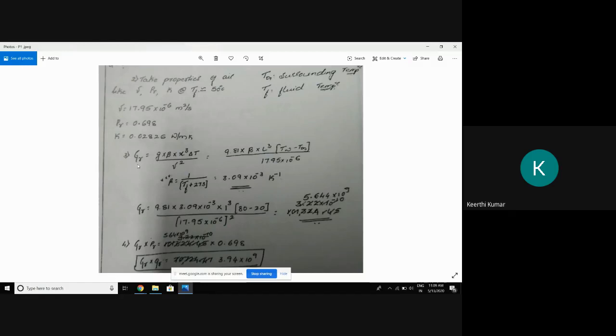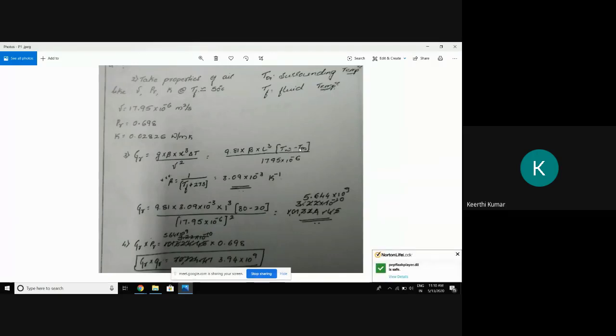Under that, at the third column, notations, under the notations, there you are having Gr_x, Grashof number at x is equal to small g beta x cube delta T by kinematic viscosity square. The same formula is there in the third column of data handbook coming under the heading of free convection. You please open it. So g is 9.81, beta I don't know, let it be. x is nothing but the length of the plate. Delta T, what is the delta T? That is also given. You consider delta T is equal to T wall minus T infinity.